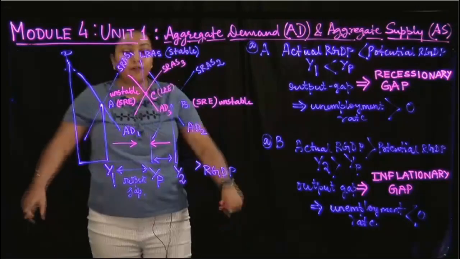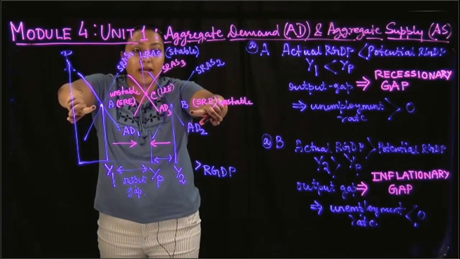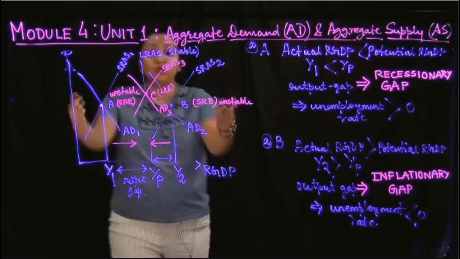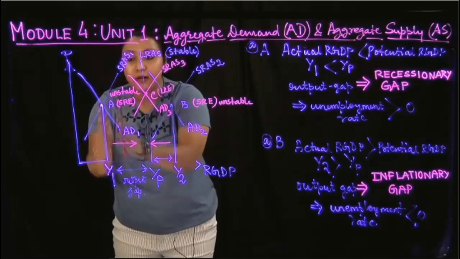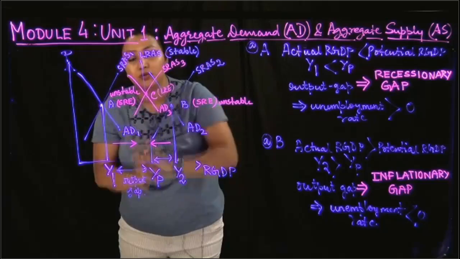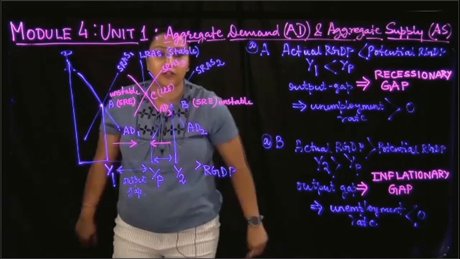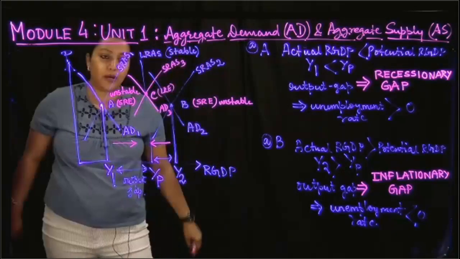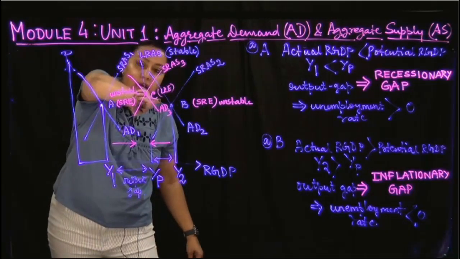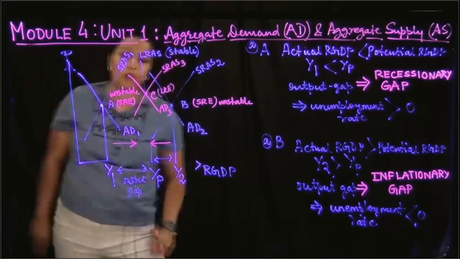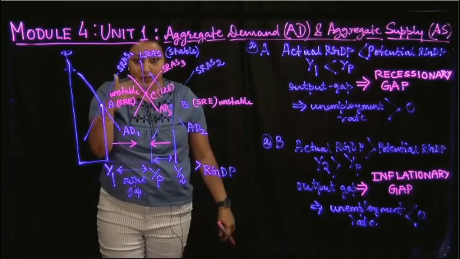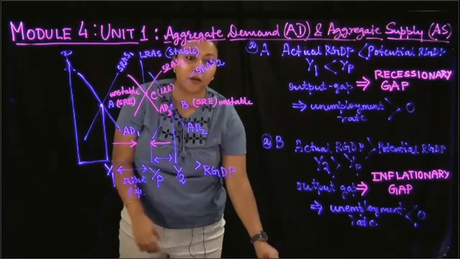So the objective of the economy is to go from points like A or B to a point like C, and that will happen through the shifts of this curve. For example, if your economy is at point A, then either the AD curve needs to go right or the SRAS curve needs to go right, because your economy has to move that way. Okay, so if your economy has to move from point A to point C, then either your AD curve has to go rightward or your SRAS curve has to go rightward. Please understand this carefully. This is an important part.